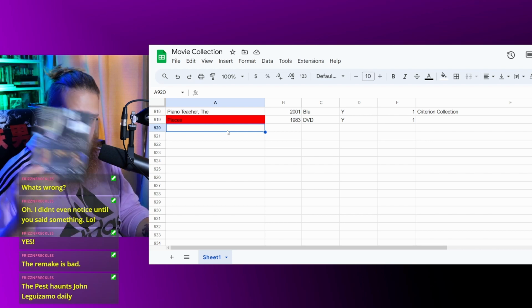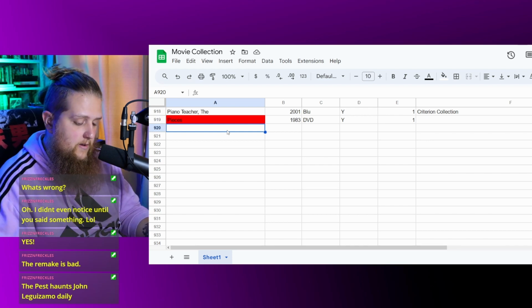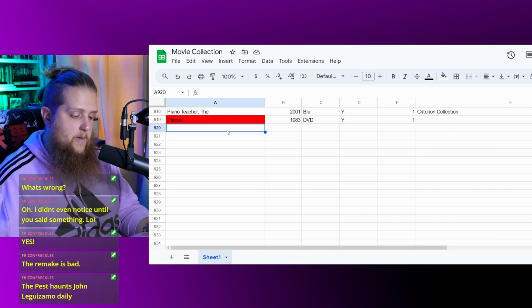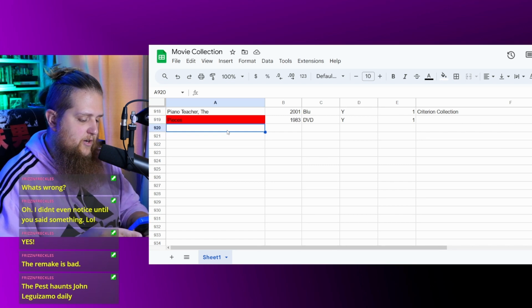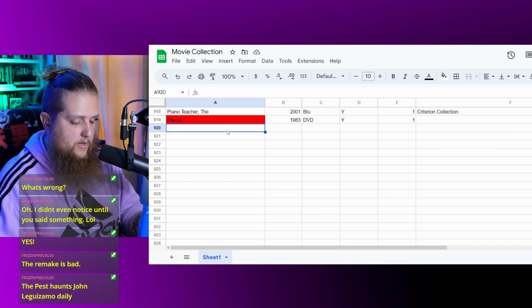The last from this shelf before I go get more stuff is Pig with Nicolas Cage. I think this movie is fan-freaking-tastic. Very good, very well shot. Nicolas Cage just gives an amazing performance. There's one scene in particular that has continued to stick out with me over the years,